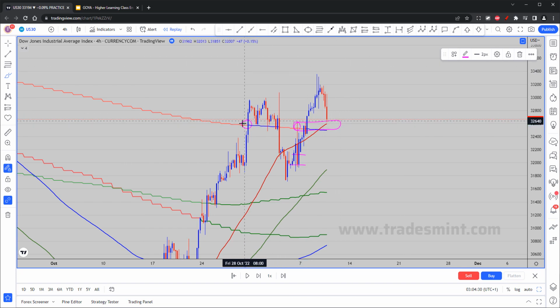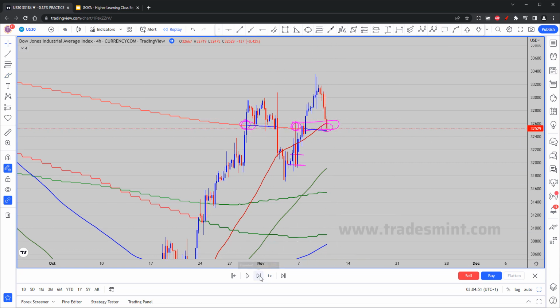Okay, so it's the same area as my first idea, the same area as my short, which was an instant reaction but no continuation. And now price is coming back, and if we come back to 600, 500, something in this zone, I'd like to enter a buy. So we come back here, okay,